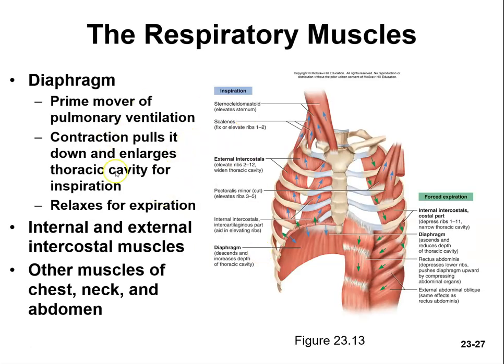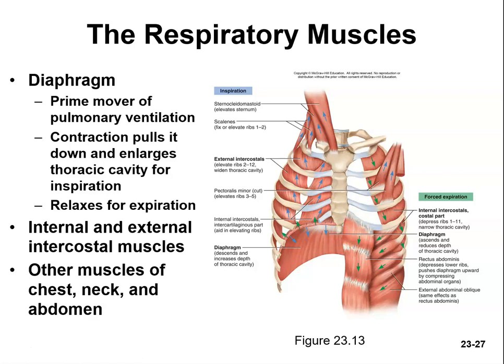The most important muscle of the respiratory system is the diaphragm, which is the primary mover of pulmonary ventilation. Contraction pulls it down and enlarges the thoracic cavity for inspiration. It relaxes for expiration. When we were doing muscles, I told you that if you see someone with a forward head and rounded shoulders, tell them to relax and breathe out. As they breathe out, the diaphragm will dome and all these muscles will just relax. So every once in a while, take a deep breath in, but then